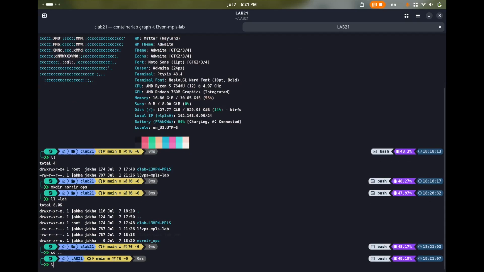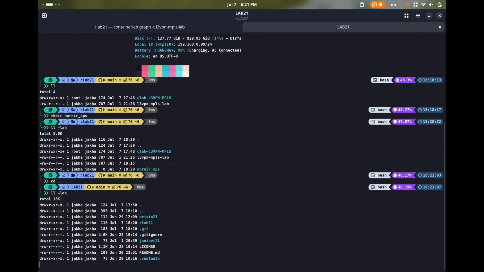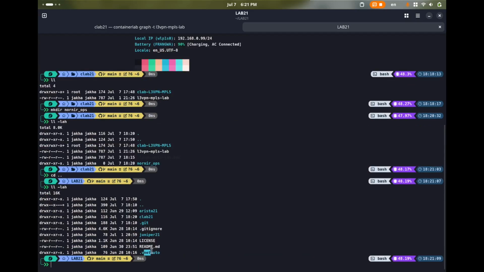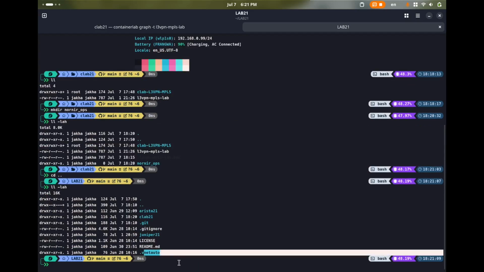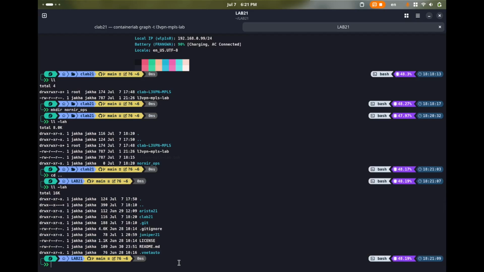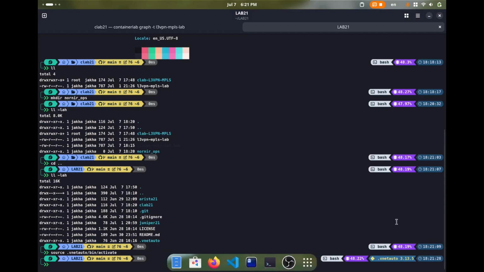I'm going to show you the hidden directory called vnet auto, in which my Python virtual environment settings reside. So I'm going to activate it by running source, specifying the Python virtual environment directory, and then bin and activate. I'm going to hit that, and as you can see here, I am running Python within the vnet auto